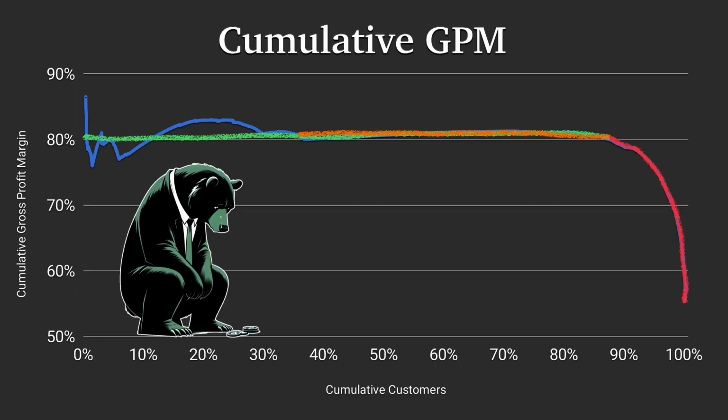Except because we have this gross profit margin whale chart, we can easily show that the business as a whole is primarily 80%, and what we need to do next is attack this bottom 10%. And when we do, we'll have an 80% profit margin business. With this information in hand as one slide, you could easily raise money because you can show the business is fundamentally profitable and you even know what to do next.